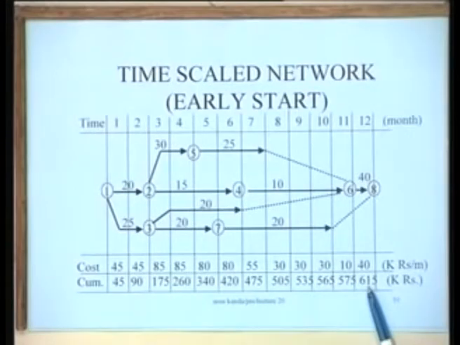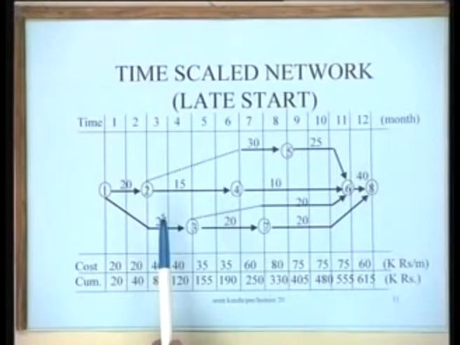Now you can do one more thing. You can look at the pattern of expenditure if we, instead of the early start schedule, follow a late start schedule, for instance. What would be the implications? You can see that the implications are summarized here. We draw a time scale network on a late start basis. Here all the activities are shifted as late as possible. So you have the dotted lines